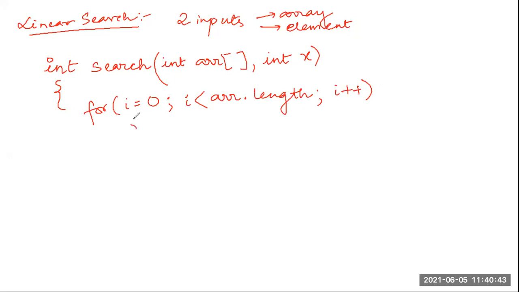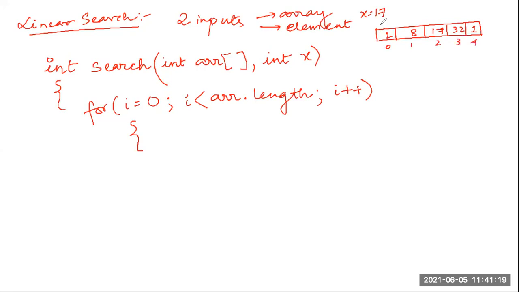Now inside this, when I am traversing, I have been supplied with an element x and I am checking. Suppose I have this array, and I am going to search for the element 17. So the value of x is 17. Suppose these are the places: here it is 2, here it is 8, here it is 17, here it is 32, here it is 1. And my array indexes are 0, 1, 2, 3, 4.